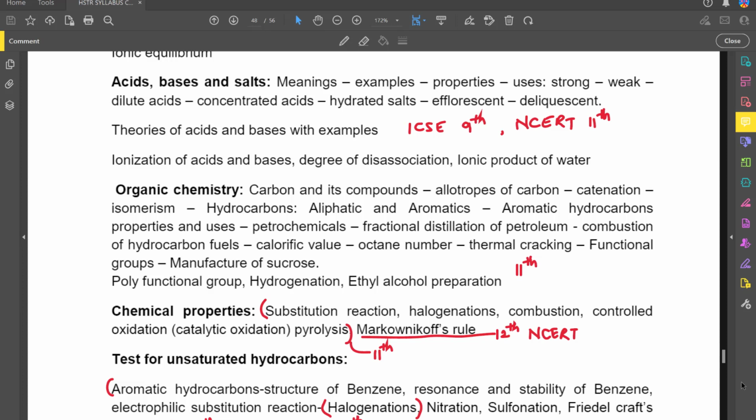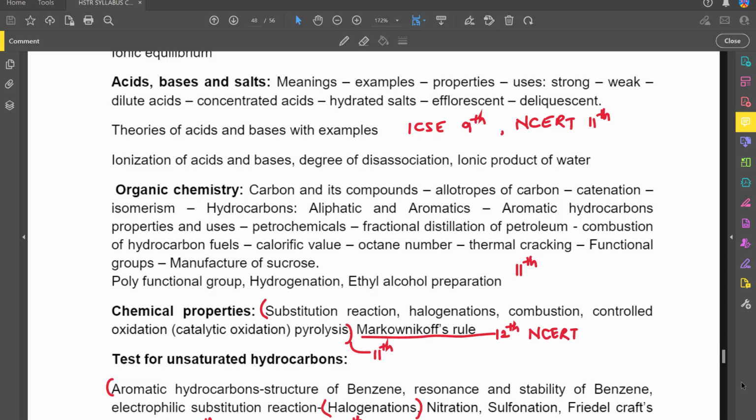See, when I talk about ICSE books, there may be different publishers, because ICSE books are published by different types of publishers. I am not taking the name of any publisher here, because that would be like an indirect endorsement, and it is also not true that one publisher is very good. For one chapter one publisher is good, it is like that. But what we can do is whichever book we get, we can read it from that. Okay,